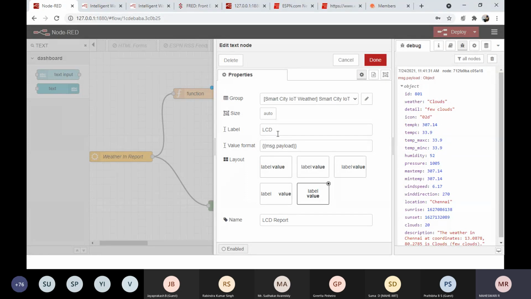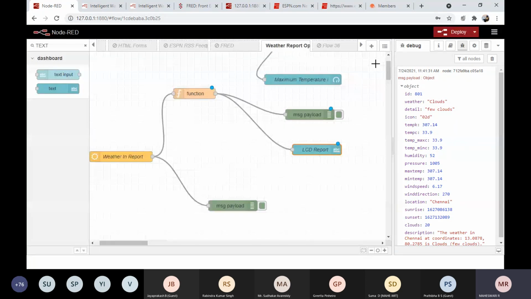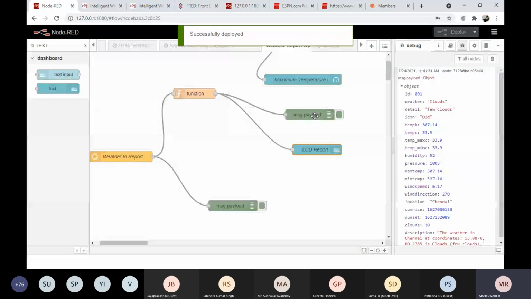You name it as LCD. I just named it as LCD. I'm going to see the size. I'm going to select the maximum size I can select. The value I'm going to display in the center like this. So this configuration is over. So I retrieved two types of data. One is directly, without processing, the data is going to be displayed. Then after processing also the data is going to be displayed. So you can click confirm, deploy, confirm it.